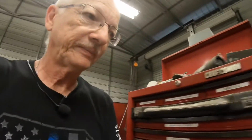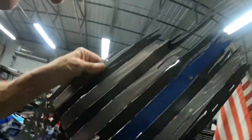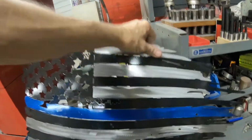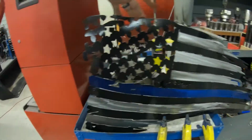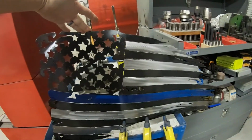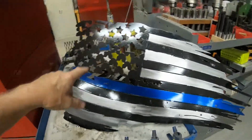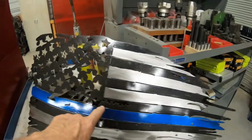And I'd be in the middle of cutting, and one of the things I was cutting was these flags here. This metal flag. It's fairly big, probably 18 by 24 or something like that, and it has a lot of cutting in it. So it would be cutting along and doing fine,